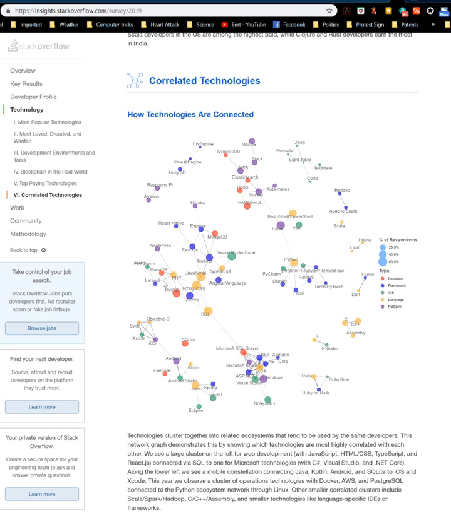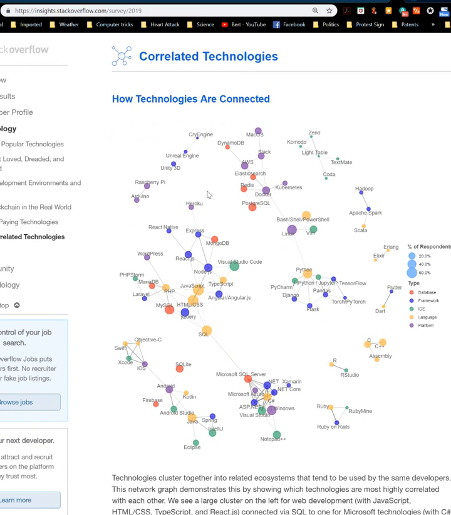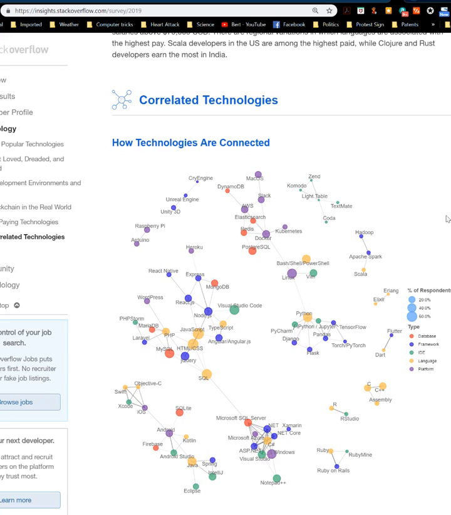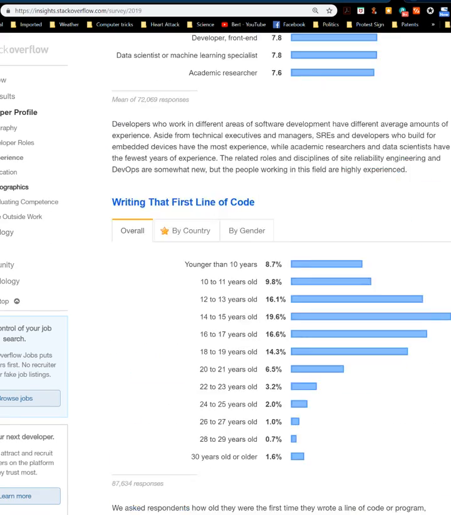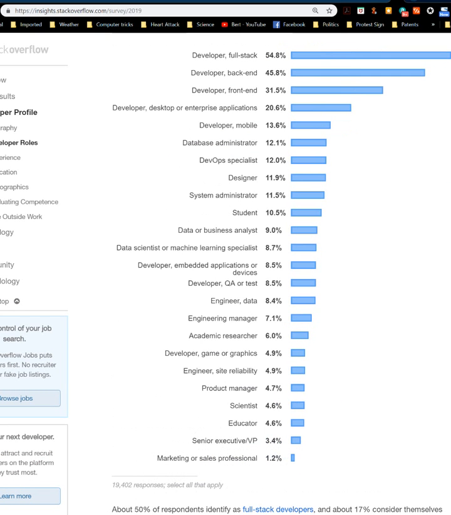But you can kind of tell, let me see if I can zoom in a little bit. Yeah, you can kind of tell what technologies are related. Like for example, if you're a game developer, I don't know why they had this queried in there, but you do have these technologies clustered together, even though, if you actually look at it, well, let me see if I can find this so I can try to walk you through this if we're zoomed in here, but